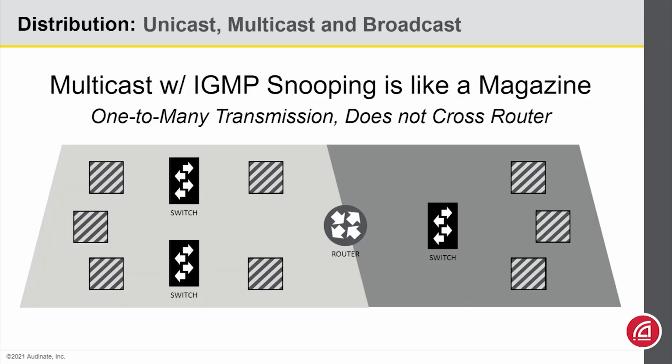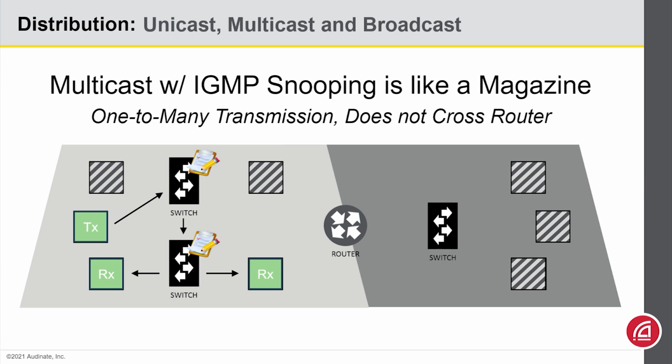Multicast transmissions aim to split the difference between unicast and broadcast. Think of it like a magazine subscription. Devices that are interested in a particular stream will subscribe to it. The switch makes a note of that and coordinates with the other switches to build the distribution list. Now, when the data for that transmission is sent, the switches can look at their distribution lists. The first switch realizes it only needs to send the stream to the second switch, and that second switch knows exactly which devices wanted that stream.